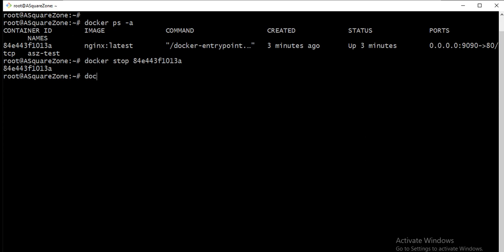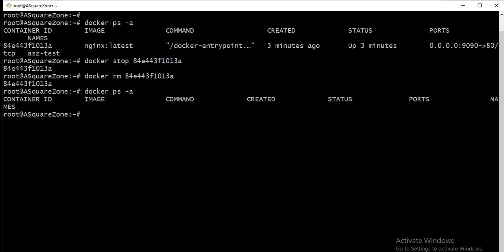So it's stopped. I'm going to remove my container as well. Now we can see the running container list again. There is no running container. So we can remove our volume. So it's removed.